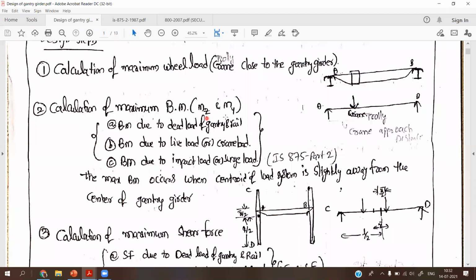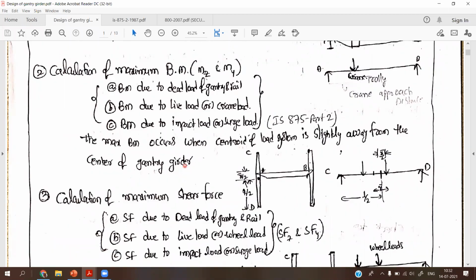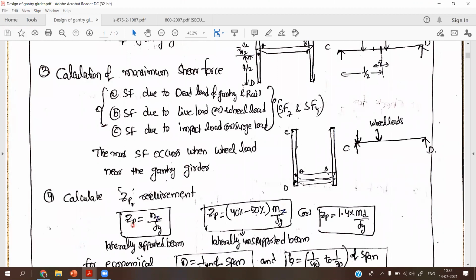We will discuss the in next time. Okay, so these are the steps. First, we have to find the plastic sectional modulus requirement. In order to find the plastic sectional modulus requirement, we have to find the bending moment in the z and y direction. That means along the direction and transverse direction bending moment.